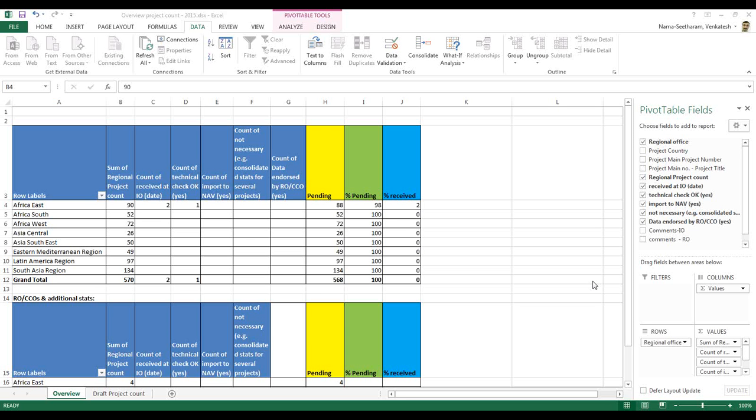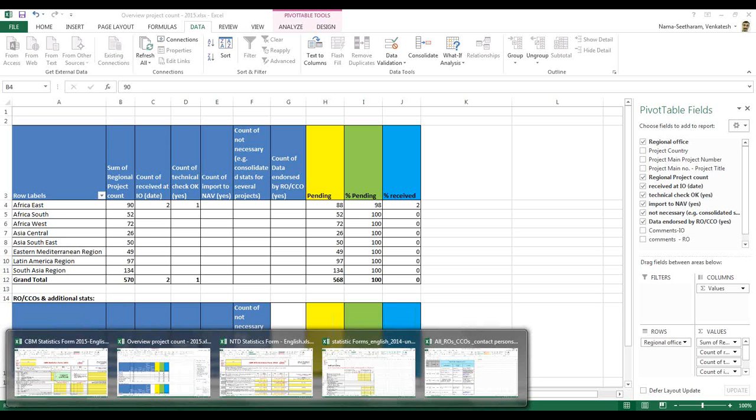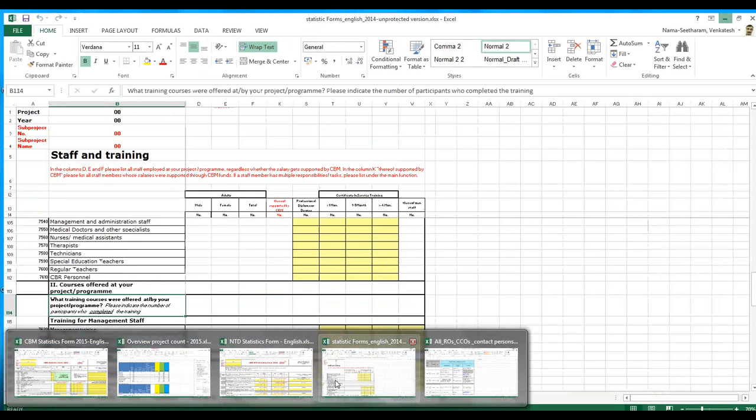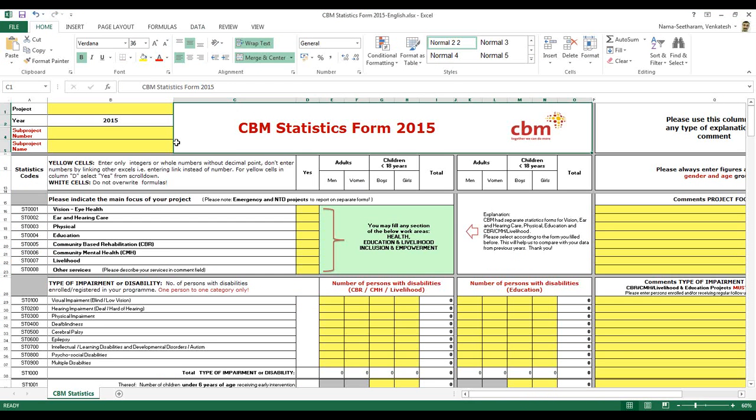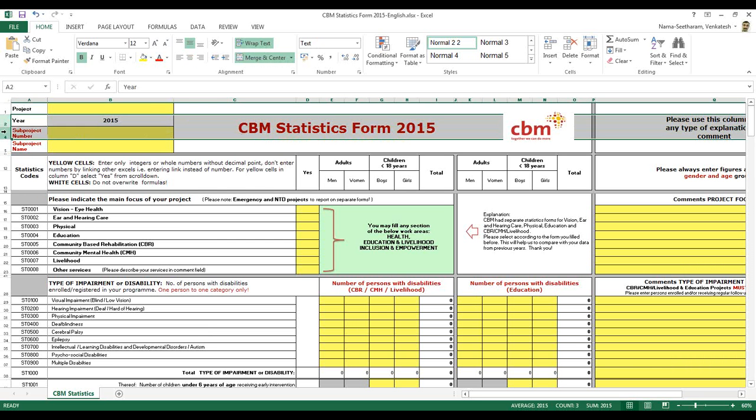But the form as such, I'll just show you the form. Just wait a moment. Yeah, can you see the form? CVM Stats 2015. Okay. So in this form you don't have a provision for a quarterly. What we would be doing, we have already made the provision, but we have hidden it so that people will not use it.